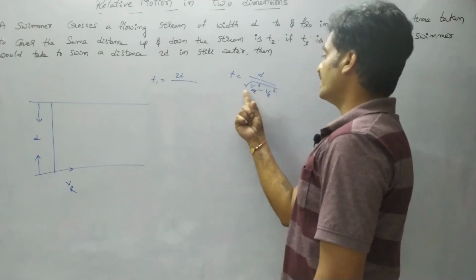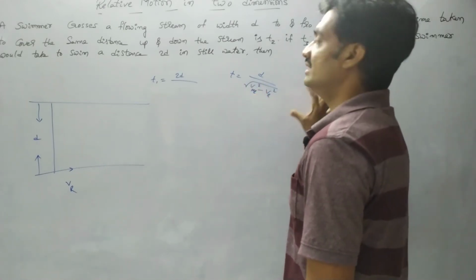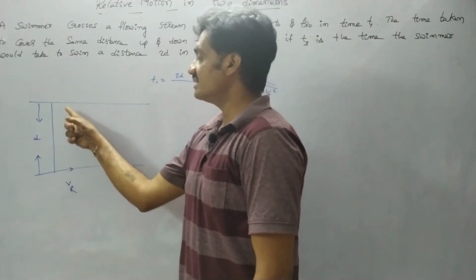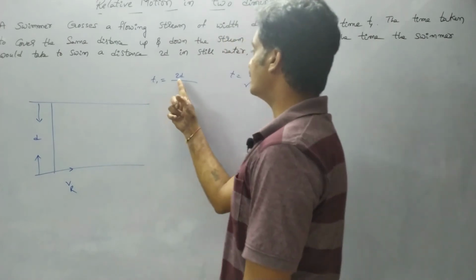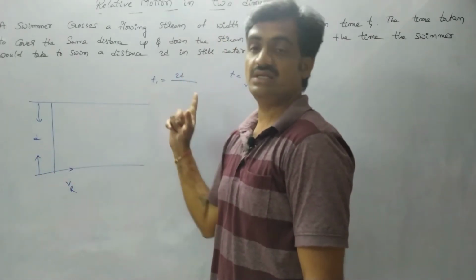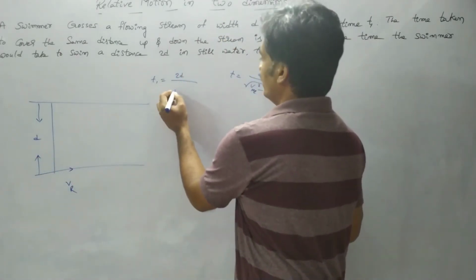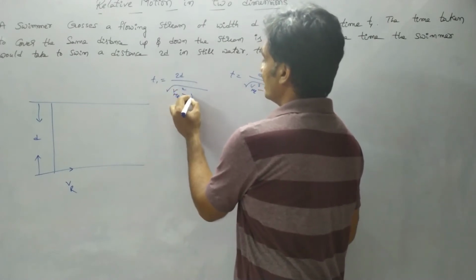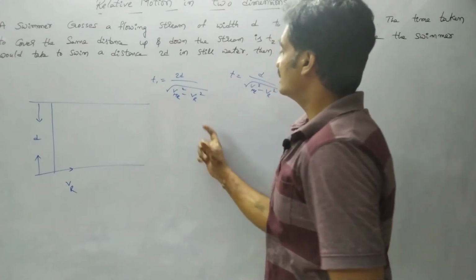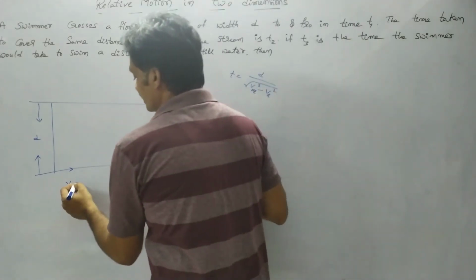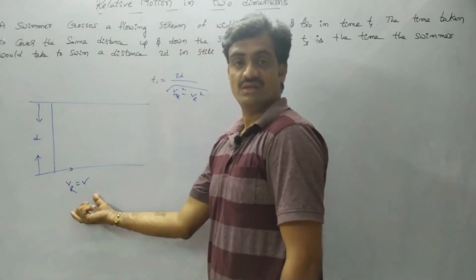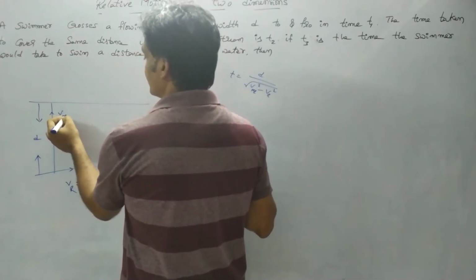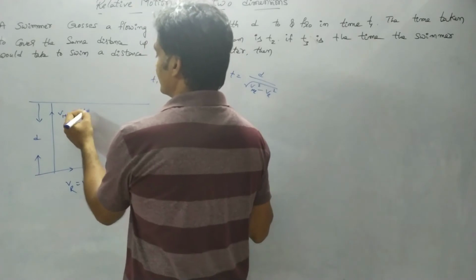So t is equal to d by under root of v_mr square minus v_r square. Based on this equation, observe that the person has travelled to and fro. Then the distance is represented as d plus d, nothing but 2d, by under root of v_mr square minus v_r square. Here the velocity of the river is represented as v, and the velocity of the man with respect to the river is represented as u.